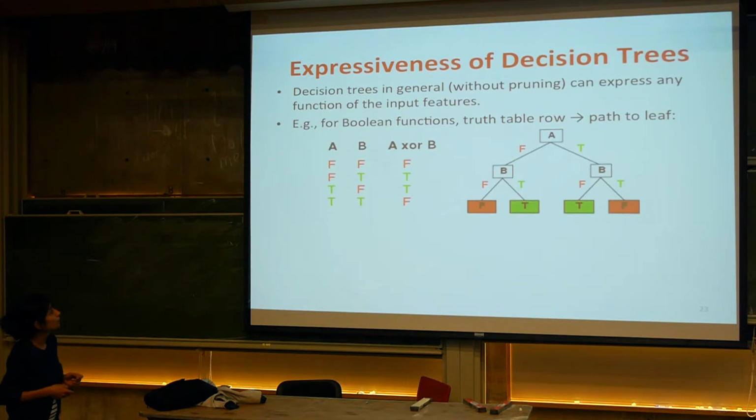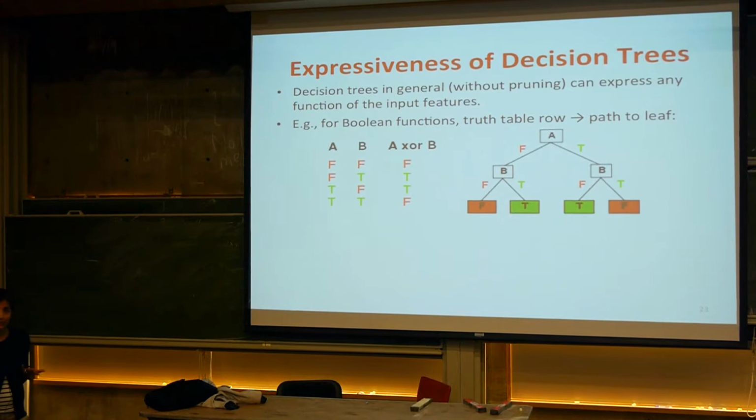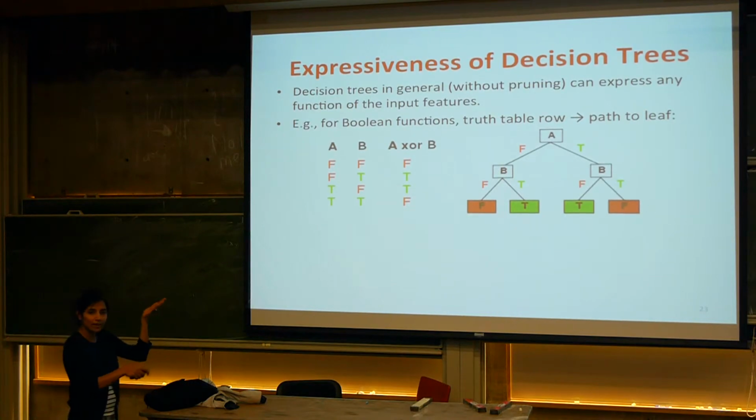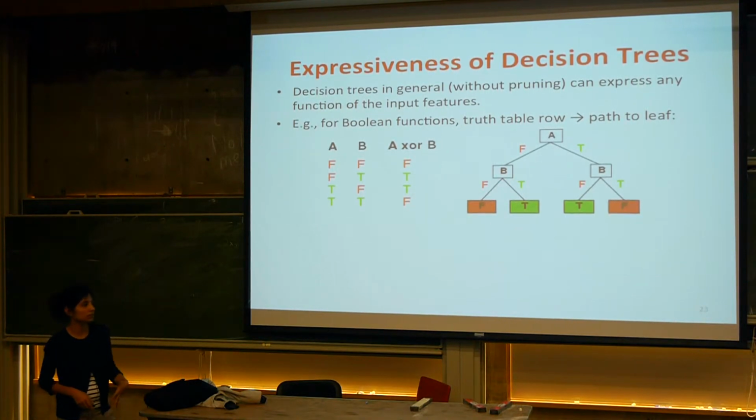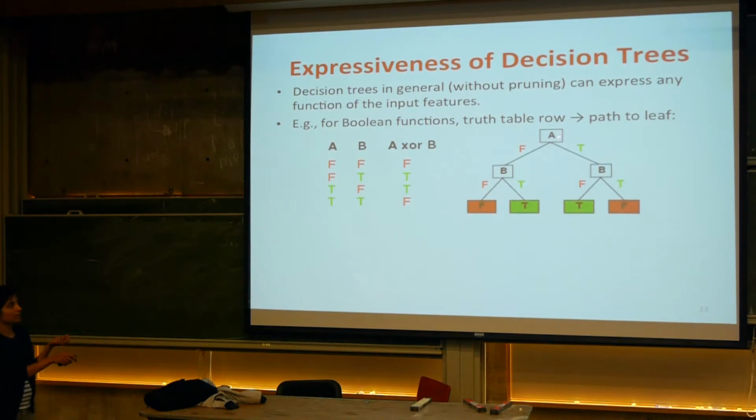All right. So you can talk about how expressive decision trees are. And this is sort of clear. We talked about it before: in general, if you don't prune them, if you just keep building them, you can literally handle any expression. You can learn any function of your input features, particularly in the discrete case. You can imagine having a truth table, and you can represent any truth table by a decision tree that's deep enough. You can essentially take every training example and have it be associated with one path in the tree from the root to the leaf, with exactly the label of that training example in the leaf node. So you can perfectly classify all training examples,